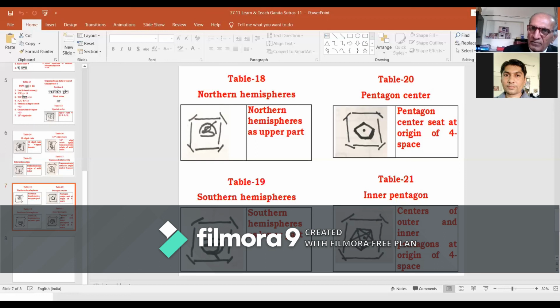And as a result thereof, as are the tables 20 and 21, these will bring us face to face with how the center of the pentagon gets superimposed upon its center of hypercube 4, as well as the inner pentagon and outer pentagon too will have commonly superimposed placement for their centers at the seat of the transcendental origin, creators of space. We shall sit comfortably and be parallel with these features, and sequentially we will be acquiring them,